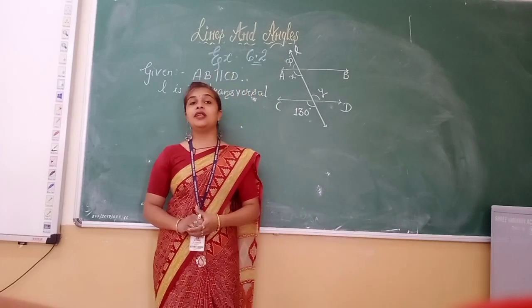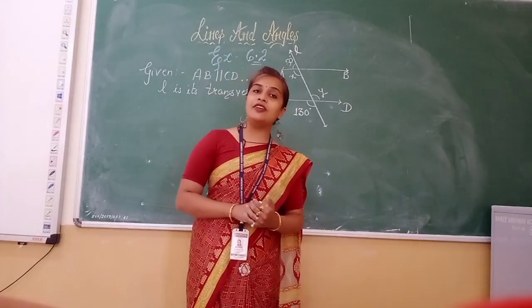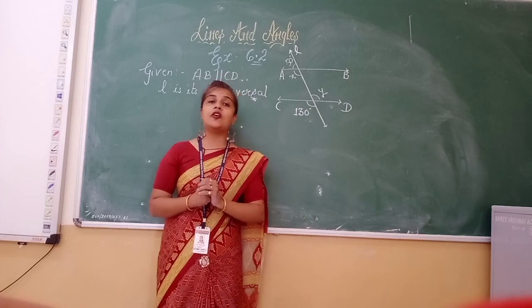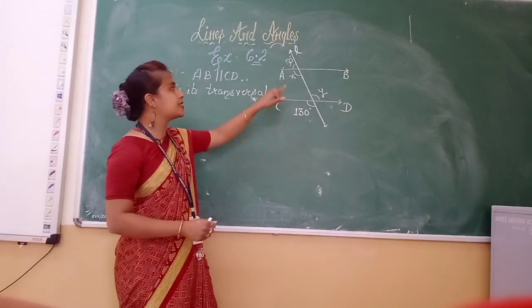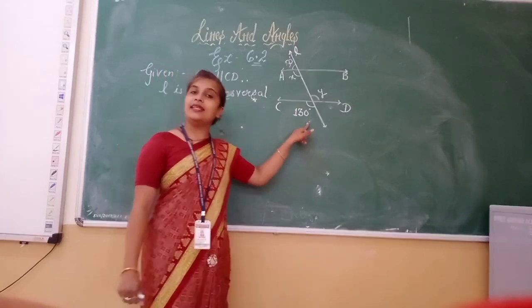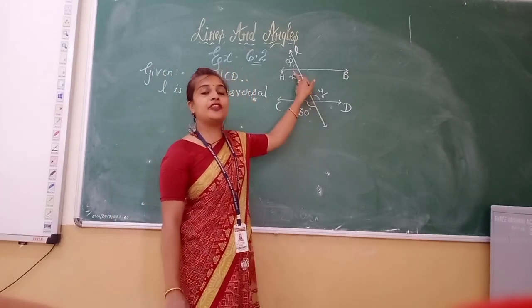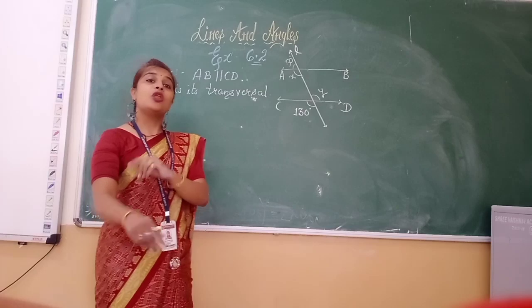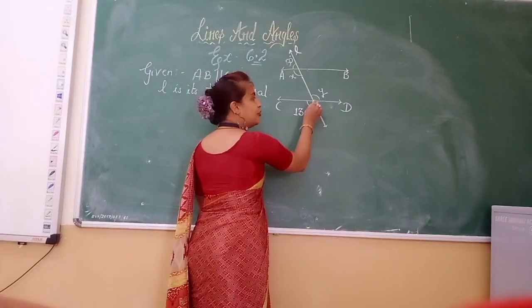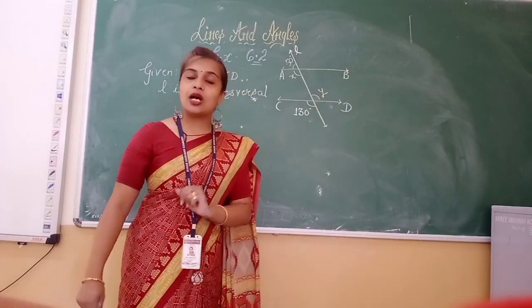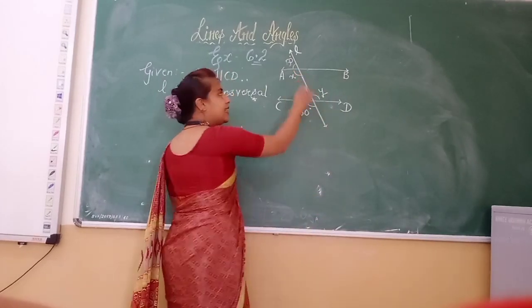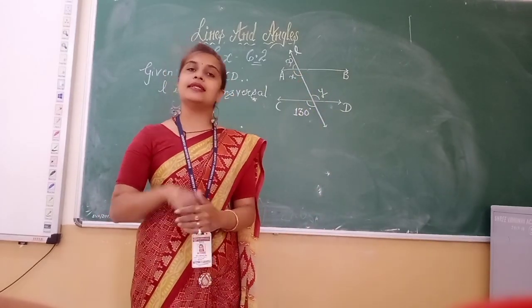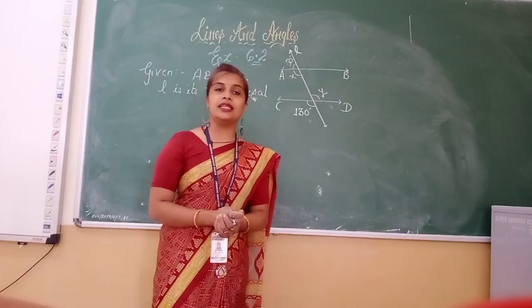Now there can be various methods by which we can find out the value of x and phi. Like with corresponding angles, we can find that x and 130 are corresponding angles. Therefore x is equal to 130 degrees. Or we can say that 130 and phi are vertically opposite, so y will be 130, and y and x are alternate angles. So again x will be 130.